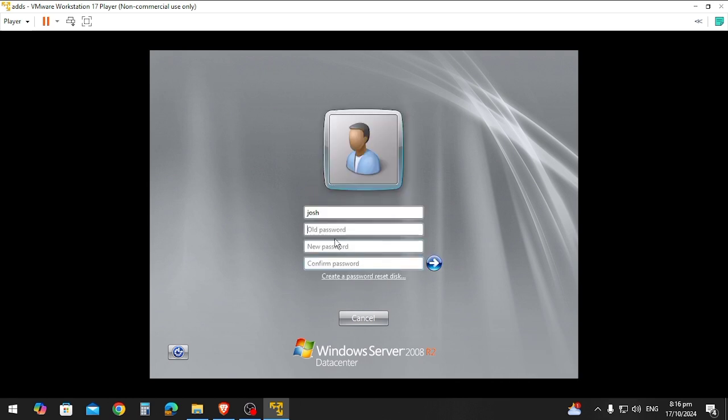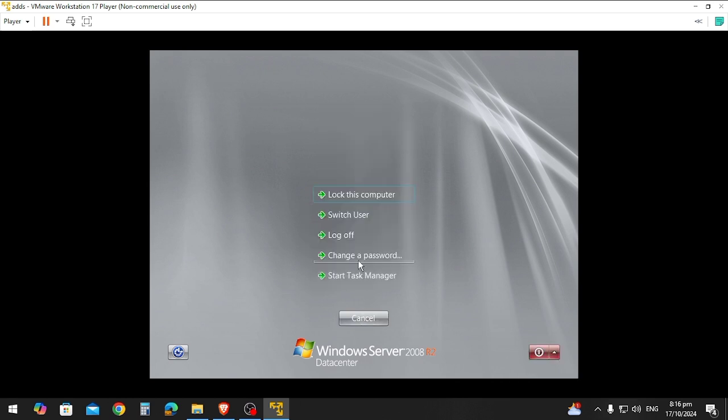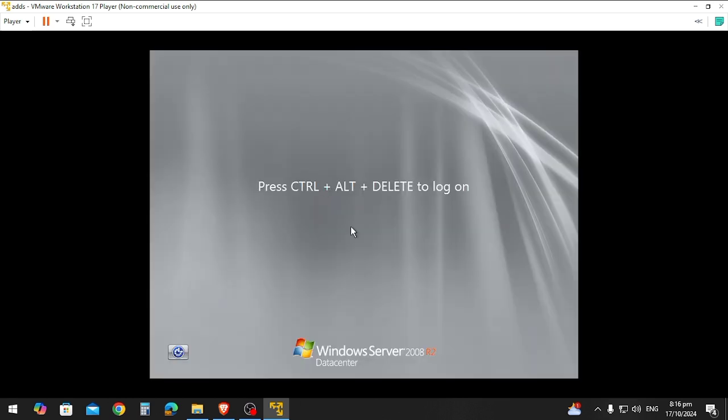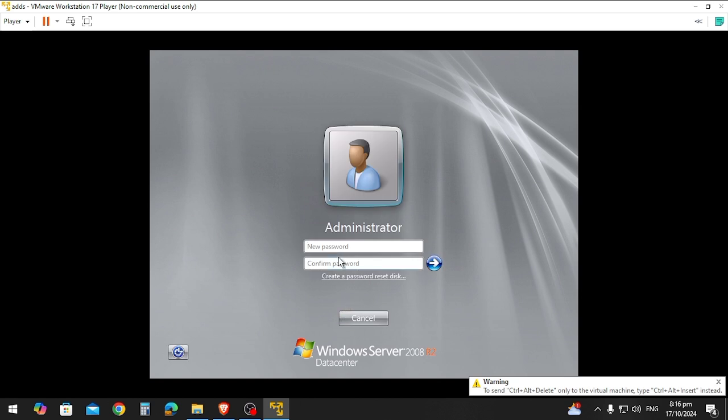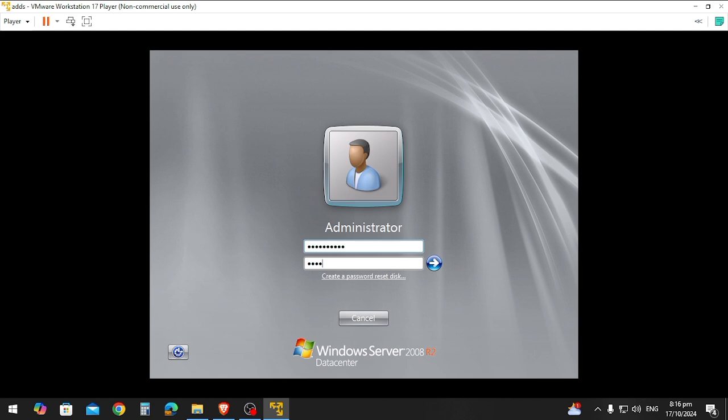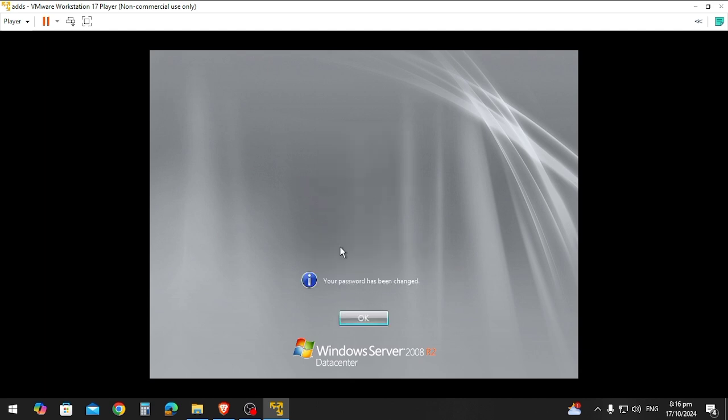So we need to change the password of the administrator. The password must have a capital letter, a character, and a number.